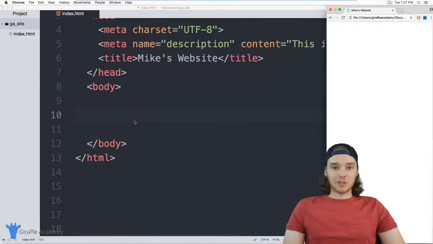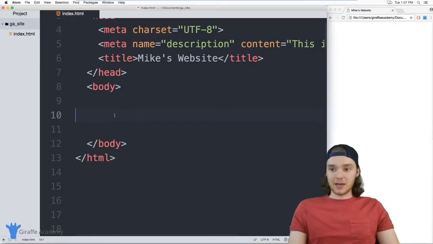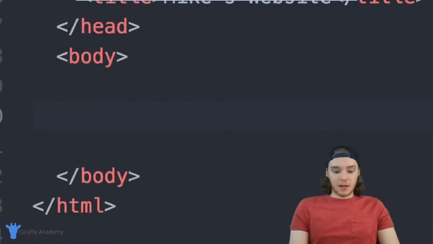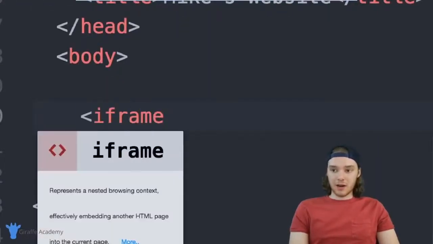In this tutorial, I'm going to talk to you about using iFrames in HTML. An iframe is an HTML element that's actually able to display another website inside of your web page. So you can effectively embed an entirely different website inside of your own web page, which is pretty cool. You can create an iframe tag pretty much anywhere in your site, and it's just iframe like that, and